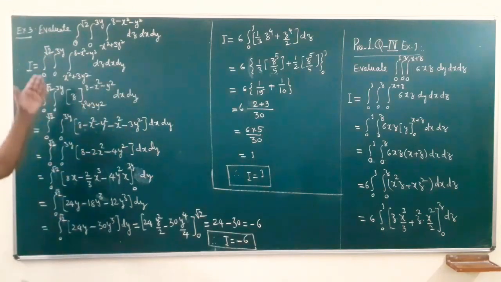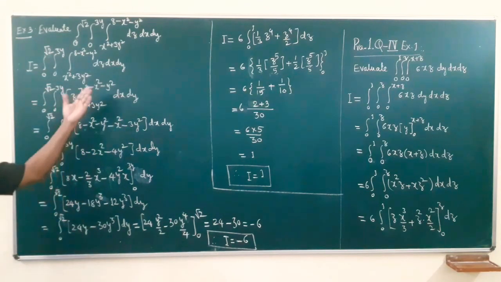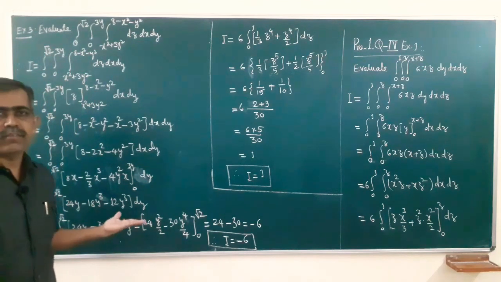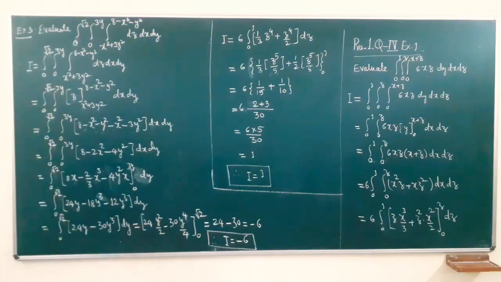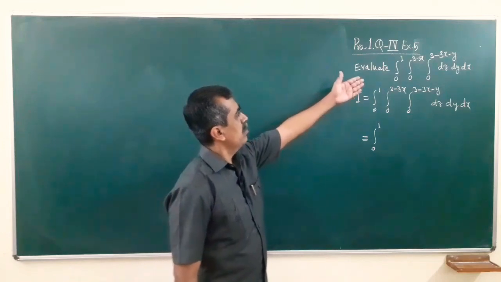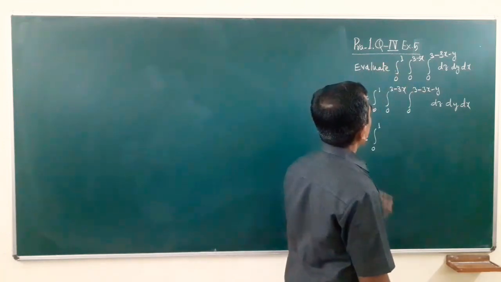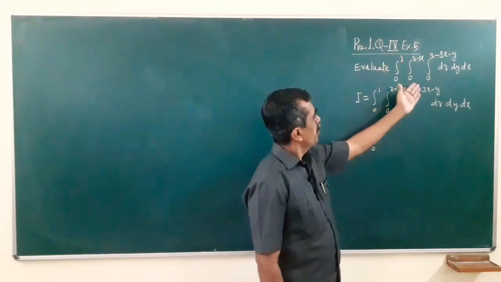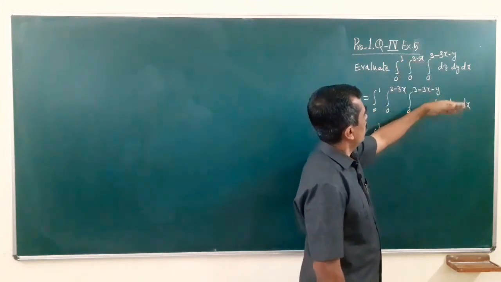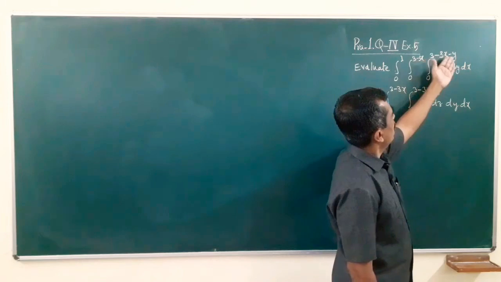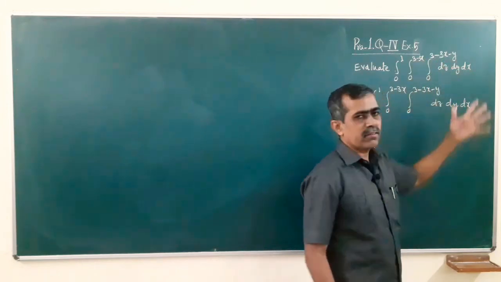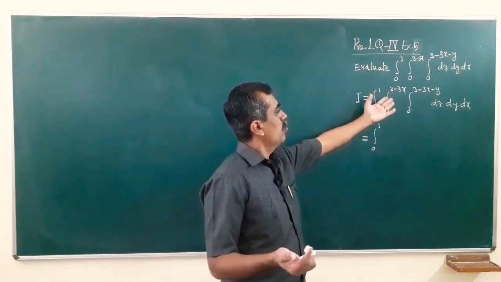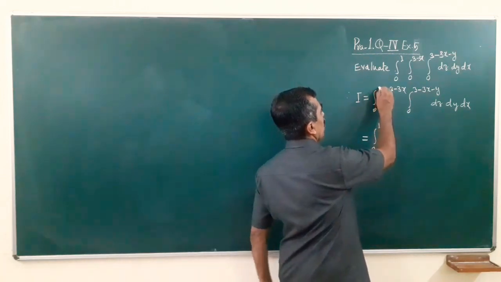Okay. So this is how you can solve the given problem. Very simple problem, just you go on putting the limits. Now let us do the next problem on triple integral. Evaluate integral 0 to 1, then 0 to 3 minus 3x, 0 to 3 minus 3x minus y, dz dy dx. There is no integrand, so quite simple for you to do the calculation. Only you have to do the calculations.